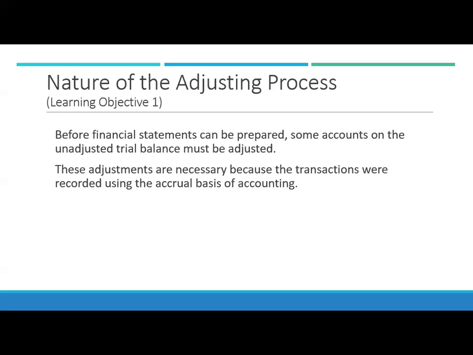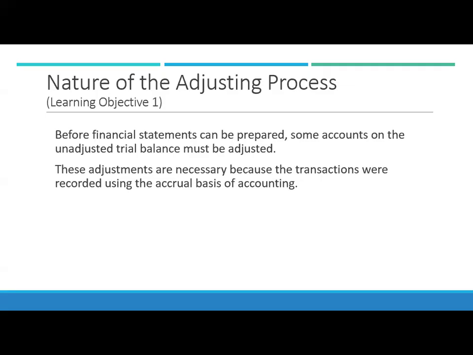The nature of the adjusting process: before the financial statements can be prepared, the unadjusted trial balance needs to be adjusted for things that happened during the period. During the period, the transactions we've been recording last week in the journal entries were things that happen every day. So earning revenue on account and sending the bills to customers in the normal billing cycle of the month, collecting cash from those customers,